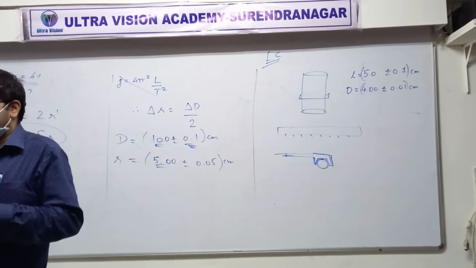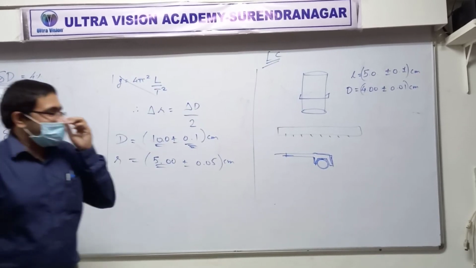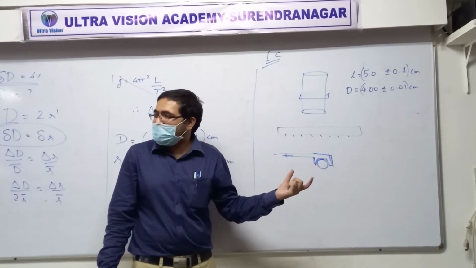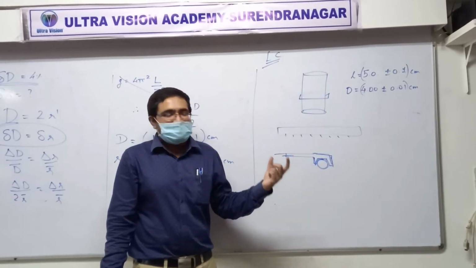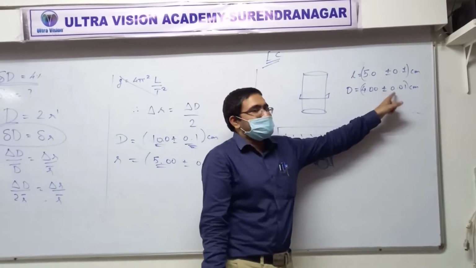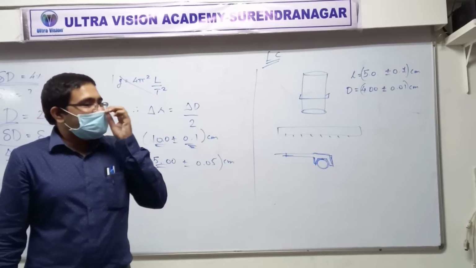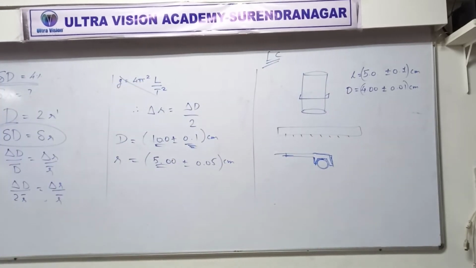Least count is given. We are measuring it using this thing called vernier caliper, and the least count of the vernier caliper is given in the question. How much is it? 0.01. That's why there will definitely be that much error. Got it? Everything clear so far? Now what do we want to do with all this data? We want to find volume. Yes or no? That's why we have to calculate the error in volume, in percent.